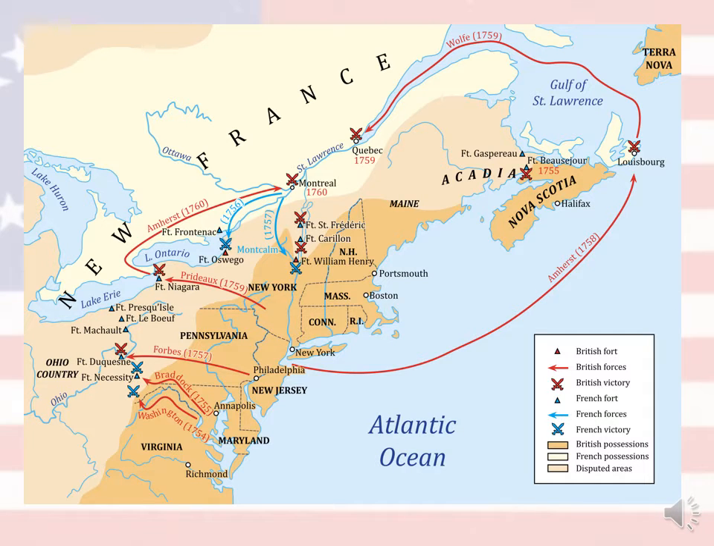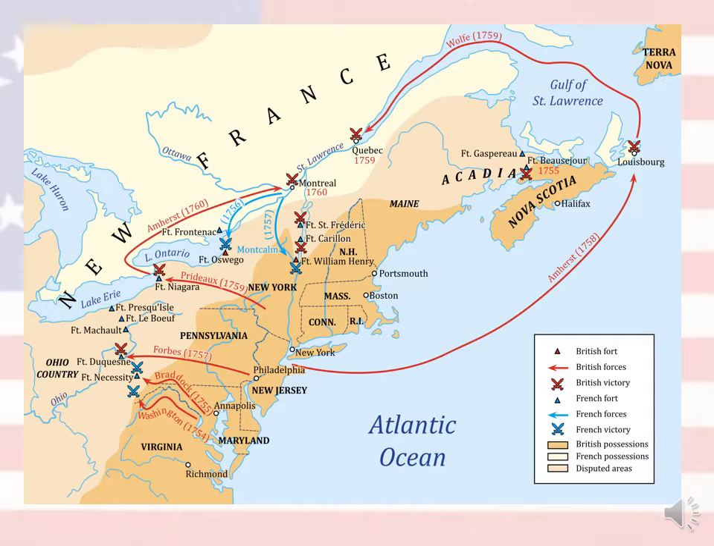So a lot of the fighting happened in the Northeast. You can see by this map the British forts are in red or triangles. You have the swords that are red. That's where the British won some victorious battles. The red arrows and lines show kind of troop movements by the British, and then the same thing with the French. The blue triangles are the French forts. The blue arrows and lines are kind of how the French move, and then the blue swords are where the